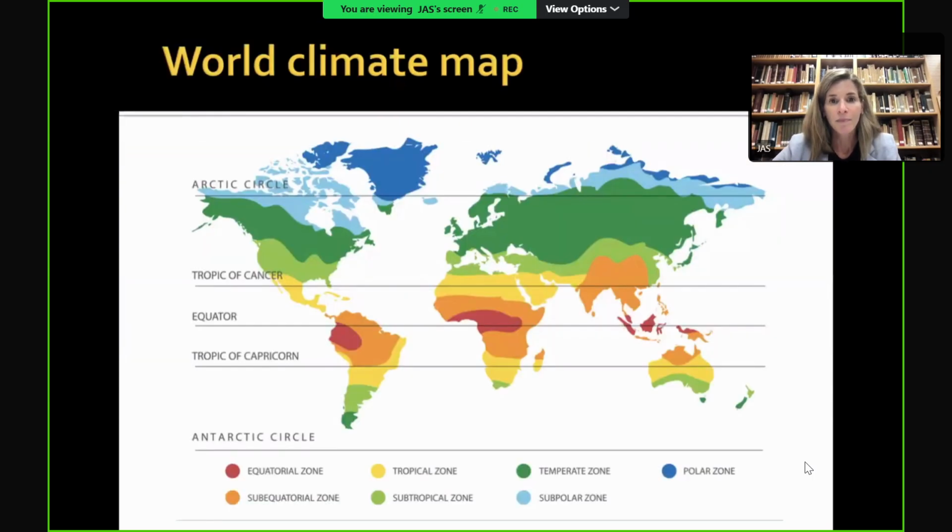And here comes the interesting part of the direction I'm taking with this talk, which is looking at the different world climates. I'm looking at the world climate in Europe, which we can see is a temperate zone, in green color. And I'm looking at the Chinese